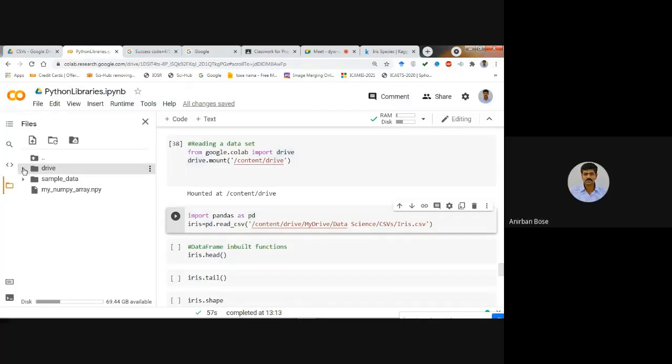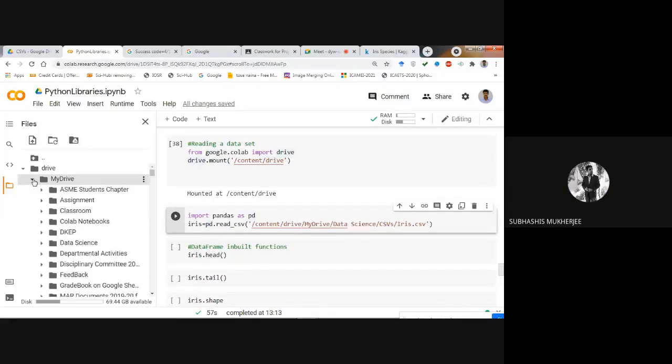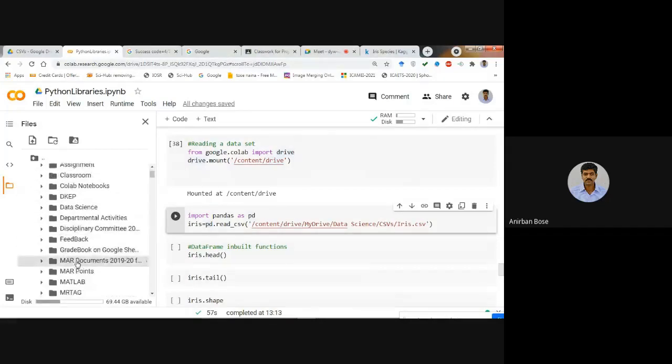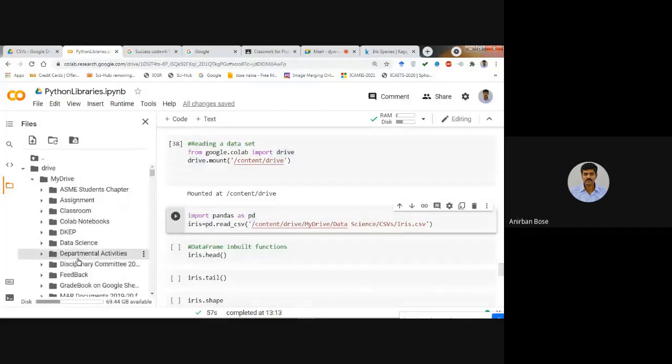Then click on the left hand side arrow. Then within drive, what is there? My Drive. So click on My Drive. Then within My Drive, the different folders that are there in your mail ID will show. You have to select the folder where you have saved that CSV.